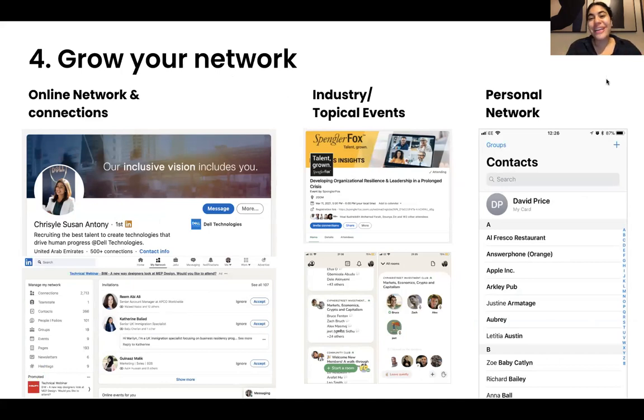Also, just so that you know, a lot of recruiters and a lot of people who work in HR are super happy to have many connections because part of their job is to hire good talent. I also encourage you to attend events or webinars that are relevant to the industry you want to study. So maybe you're studying software development. Great, go to a coding camp, go to an event, hear from people. Just attend and listen and learn. You never know, you might ask a question, you might meet somebody, you might learn something, or you might grow your network in that way.